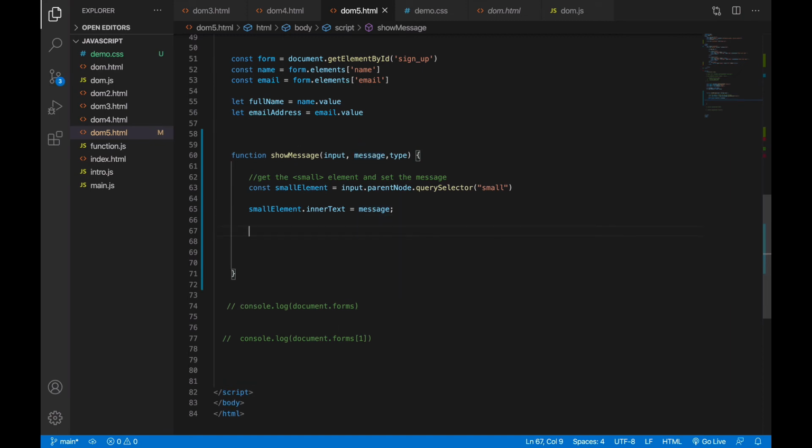Then from there we move to input.className. We now want to change the class name of this particular input. This particular input that we are calling, we want to change the class name to something else. The same way we have input.parentNode, we can also call the class name and say equals to. So there is an if statement that we can use. So I want to say if